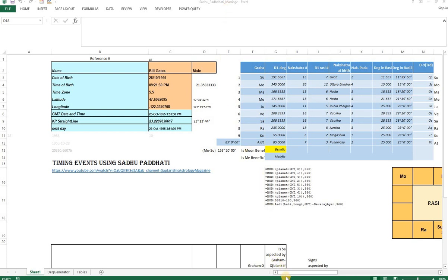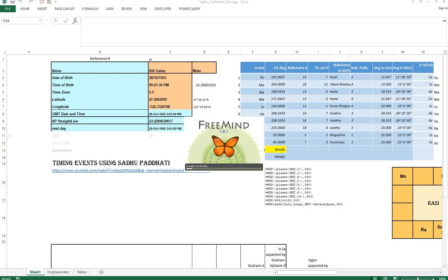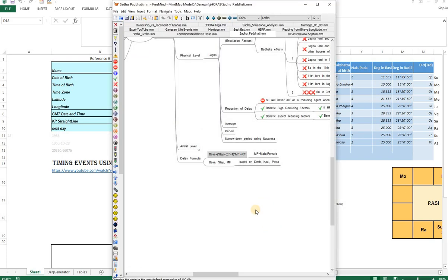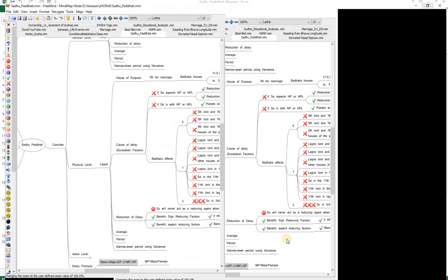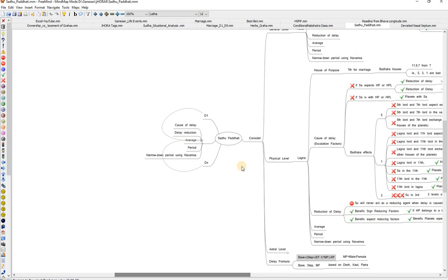So the idea behind it is, let me maybe take up a mind map of what it is going to be, so that we get a clear picture of what we are attempting here. So here it is. The idea is you have a D1 chart and a chart specific to the nature of the event; in this case, since it is marriage, we take the D9 chart. For these two charts, the channel calls them two prisms,